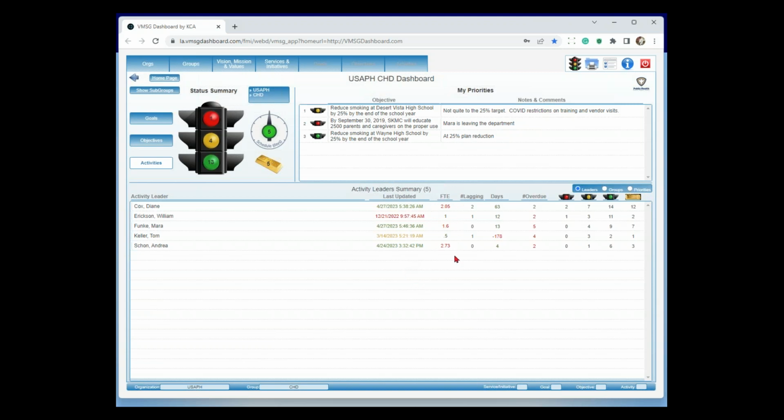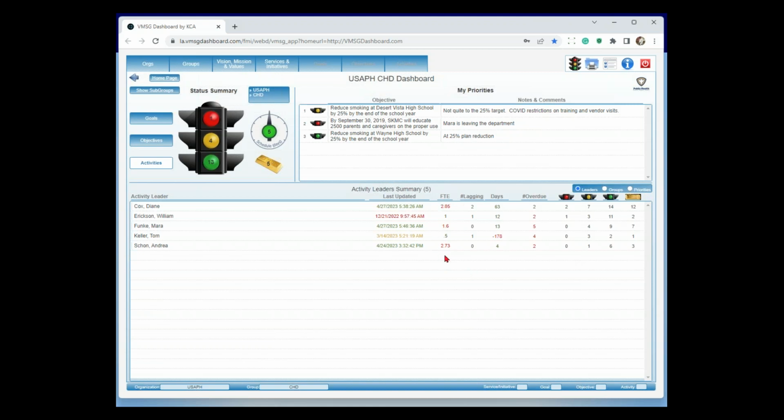The FTE column is a roll up by person. So if I assigned a bunch of FTE values down at the activity level to Diane, she rolls up to a 2.05 FTE. That's way, way overboard here. Ideally, you want to keep people down around the 1.0 or sometimes 0.9 to 1.0. Tom is a bit low, so I could probably reassign some stuff to him at that point. So it's just a nice way to look at the loading of your people.